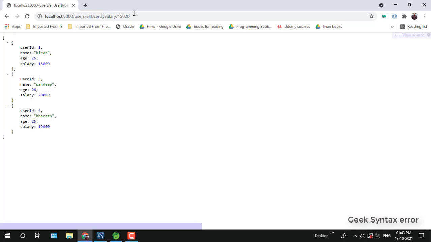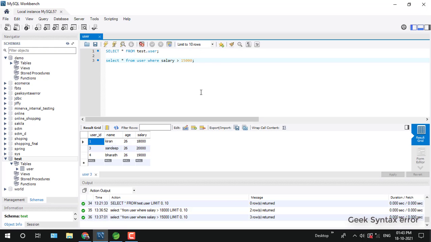As you can see guys, in CRUD repository, we can use @query annotation to run a native query. Native query means whatever SQL query we write, like in MySQL Workbench, the basic format of SQL query. It's not JPA formatted or anything like that. Just a basic SQL query is called a native query. You can execute that using @query annotation in CRUD repository. So this is one of the ways.